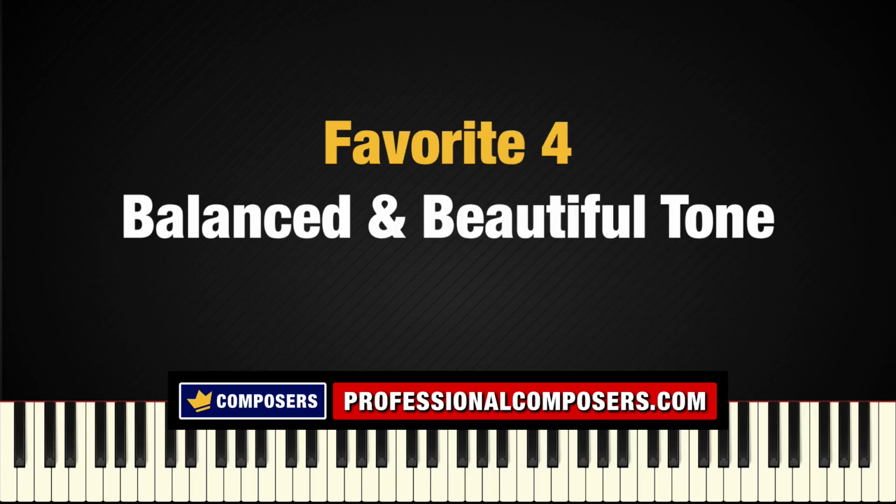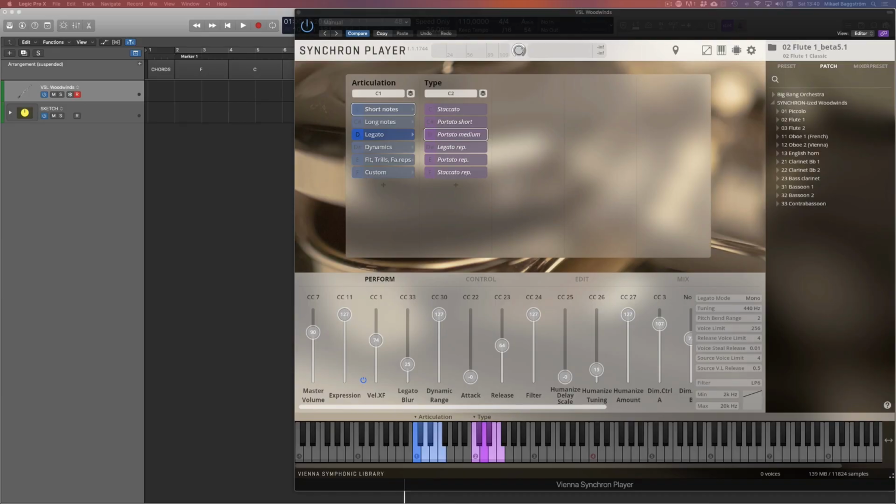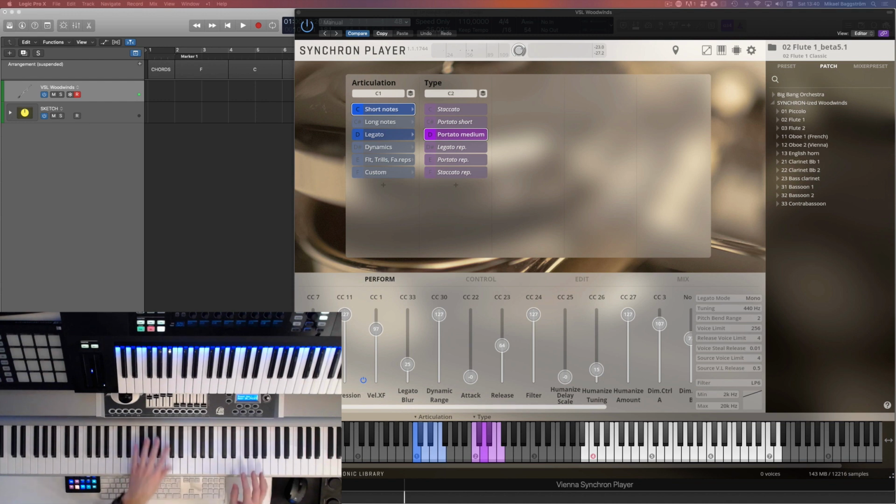Favorite 4: balanced and beautiful tone. What I really love about all the Synchron player libraries from VSL is not only the beautiful recorded tone, but that all instruments are balanced in level and placement in the Synchron sound stage. Meaning that if you, for example, play a flute like this,